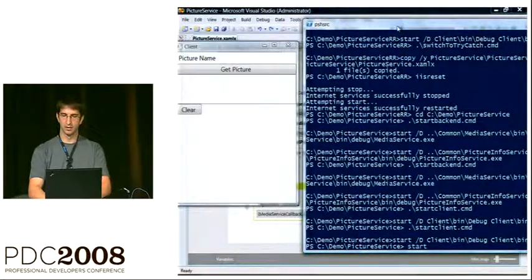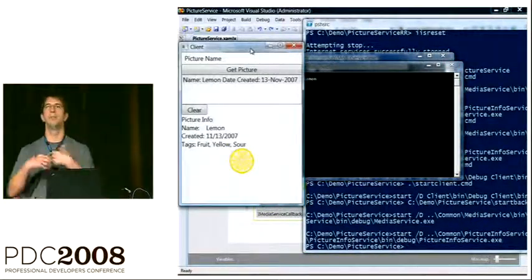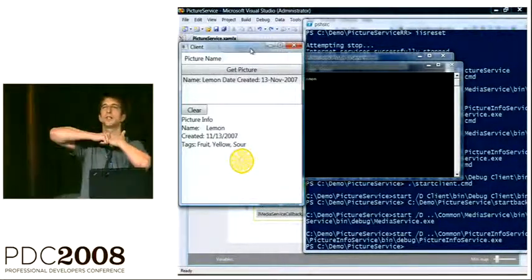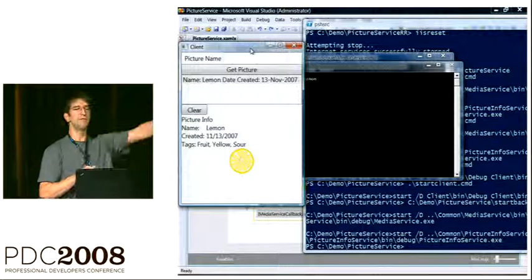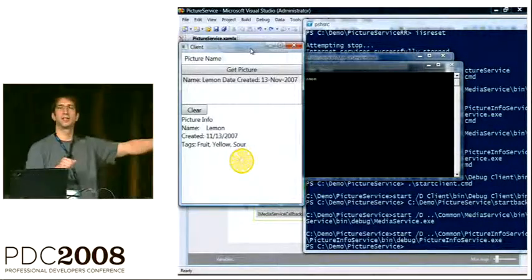So, sorry about that. When I start up those back-end services, they're going to get the messages that have been sent to them from the picture service hosted in Dublin, send those messages back, and then finally the picture service is going to coalesce those values and send a message back to the client.